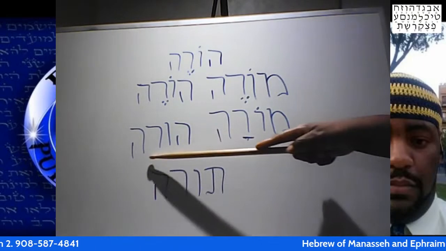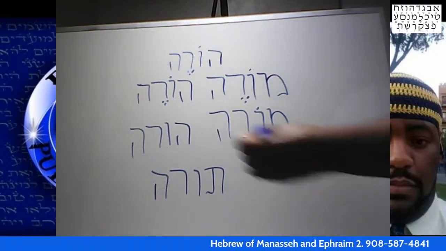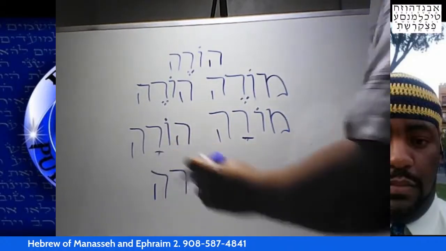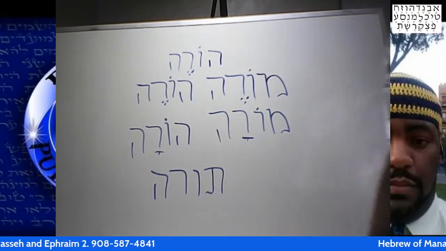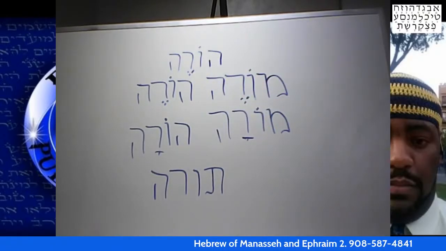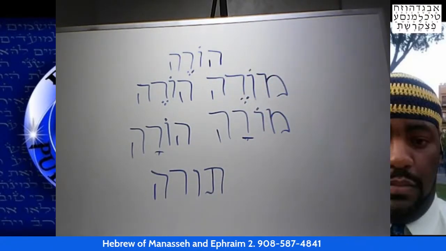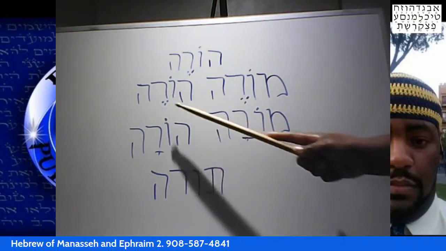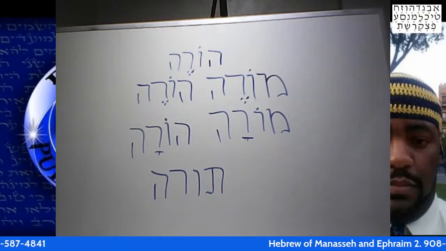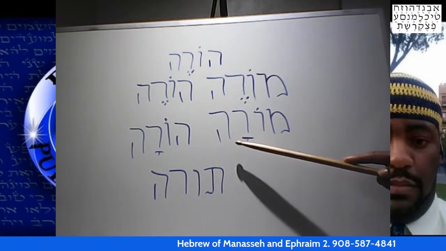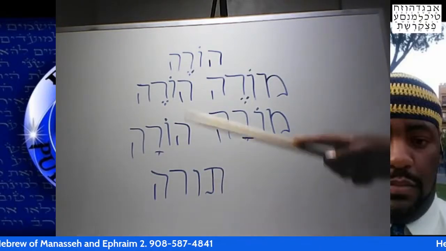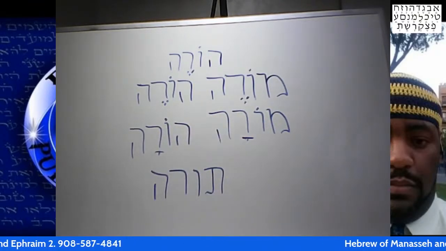Then we have here the word hora, meaning female parent. So what do we see so far? Hore in root, meaning to teach, the verb. Moreh, a teacher, a male one that is. Hore, in this case treated as a noun, the male parent. Then we have morah, meaning female teacher or a teacher that's a female. Then we have hora, a parent that's a female.